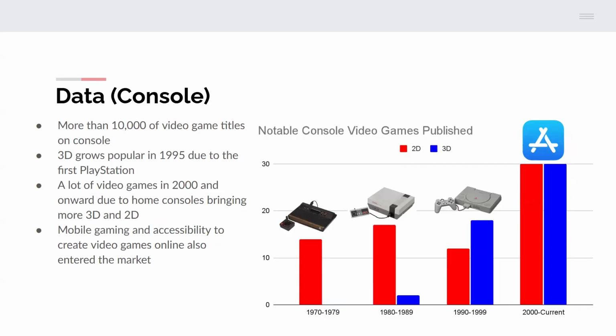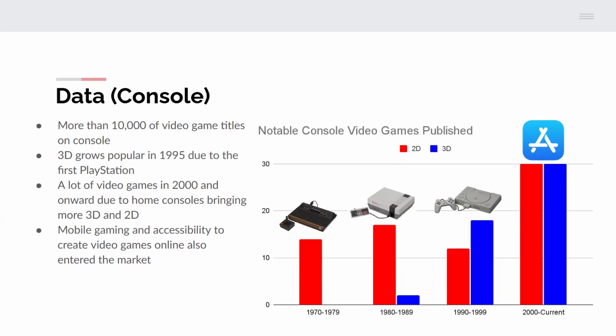And then next is the more notable video games on the gaming console. Now, it has come to my attention that there are more than 10,000 gaming titles on consoles, given that there are more iterations and copies of the same game. Therefore, the graph would mostly highlight certain video games that created new ways to make gaming more fun and complex